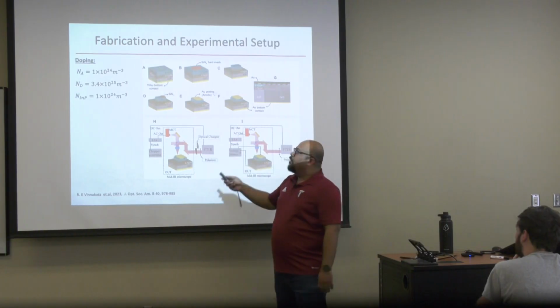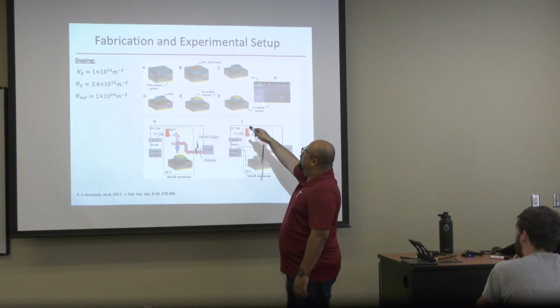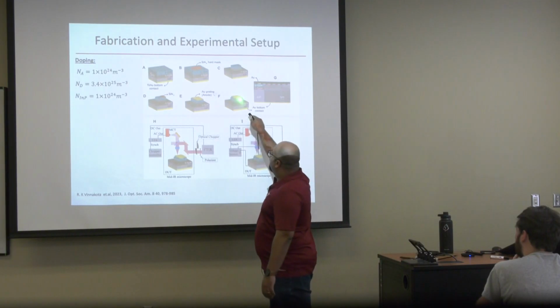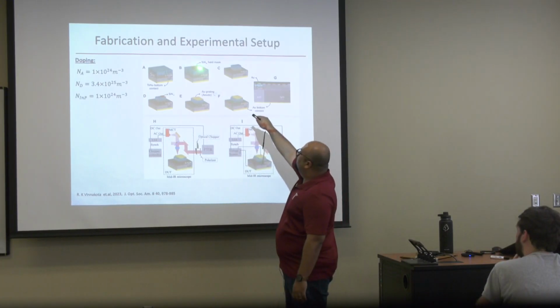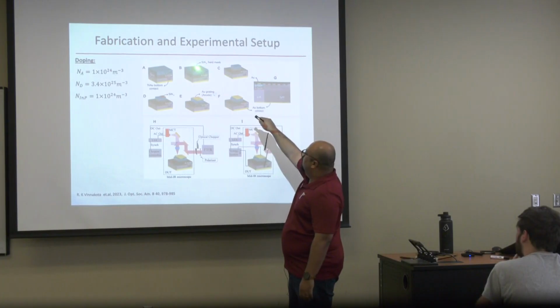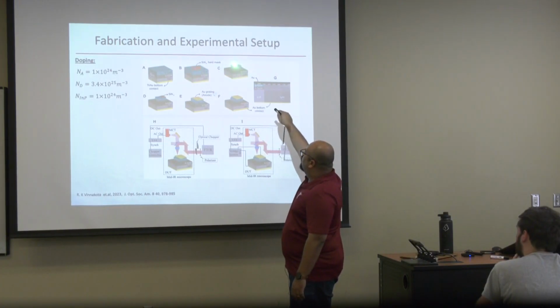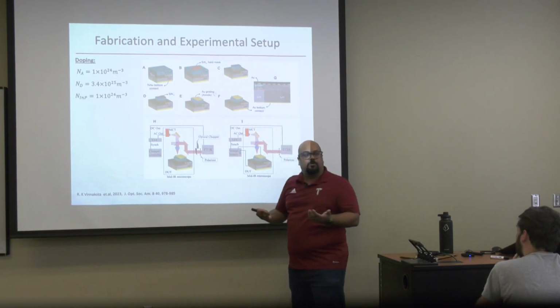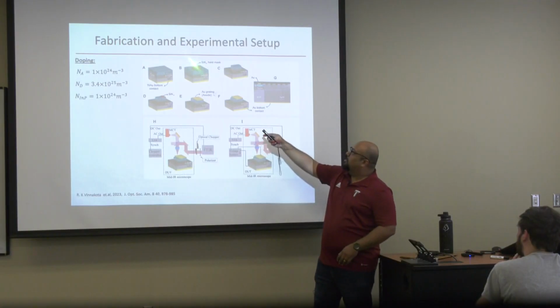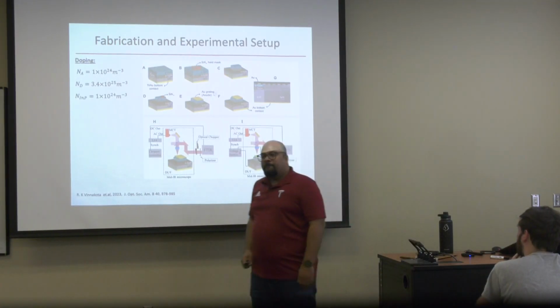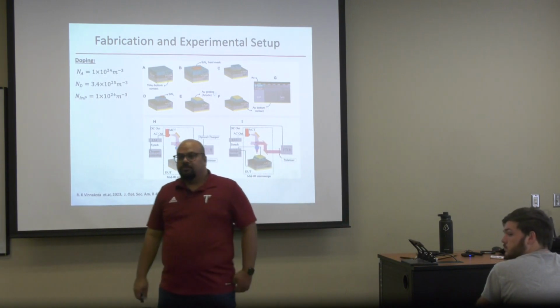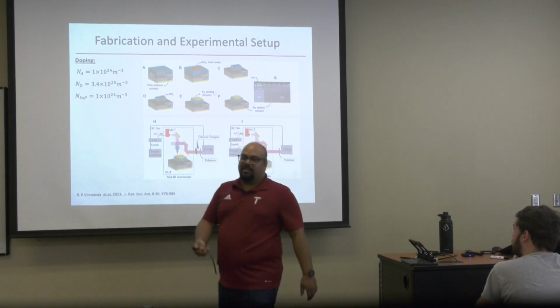Now you flip the device and you evaporate gold on it, so you get a gold contact there. Once you're done with that, you need to form these particular grating structures. For that, we need to use a mask. This is a mask here, and now you etch this unexposed area. The red area that you see is the mask. So the lithography, something like that? Is it like lithography? Yeah, lithography, exactly, you're right.